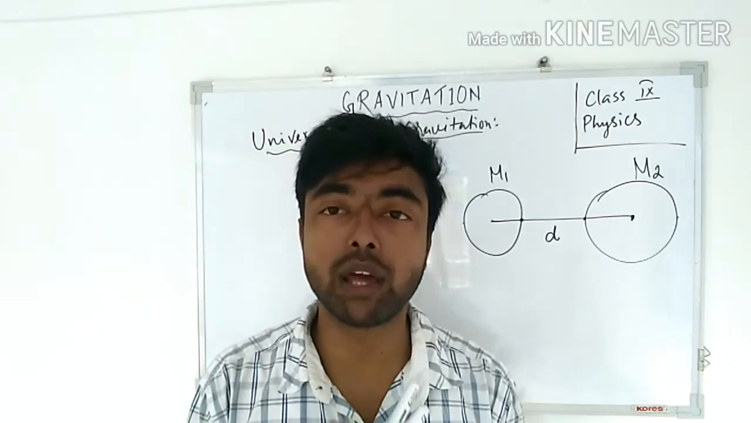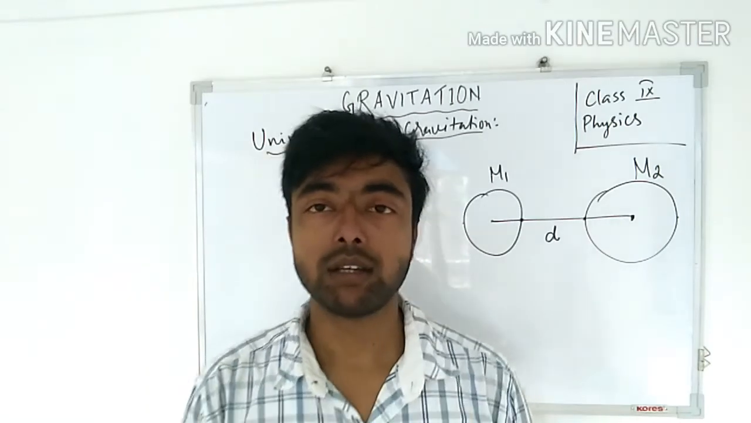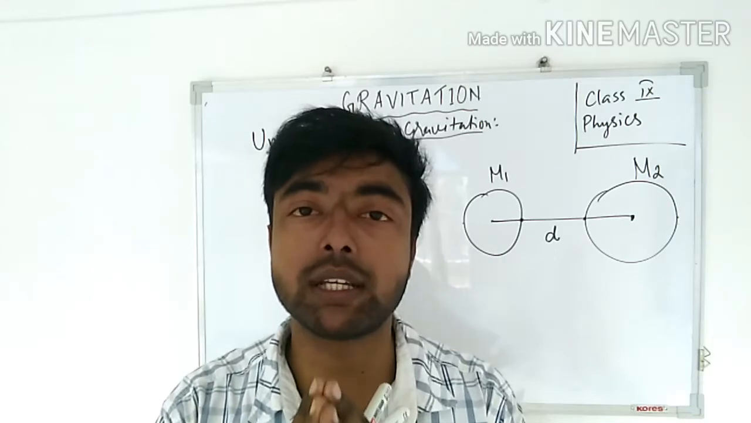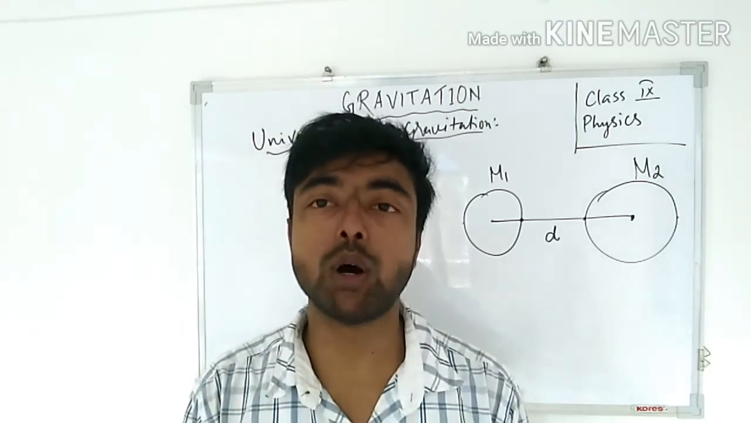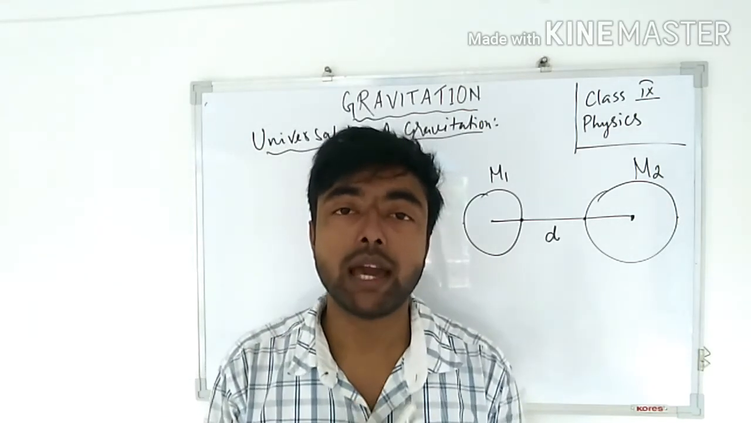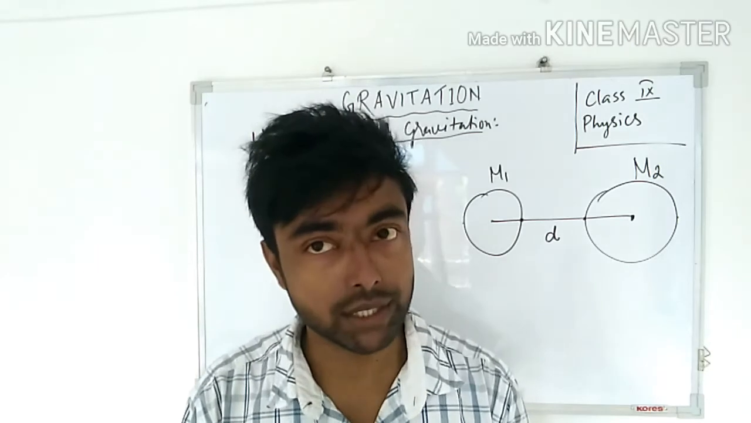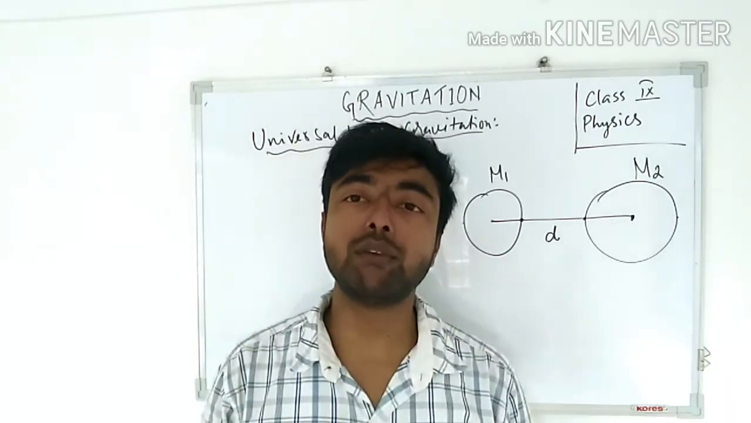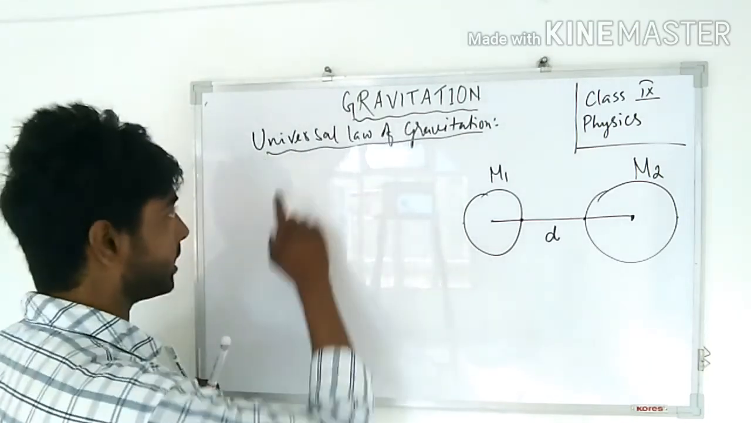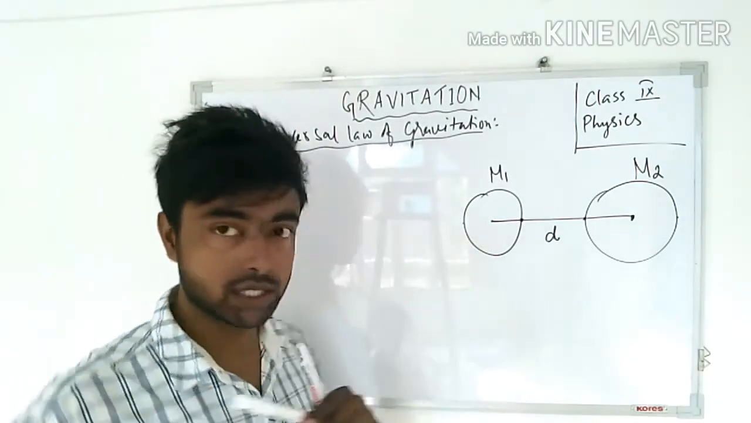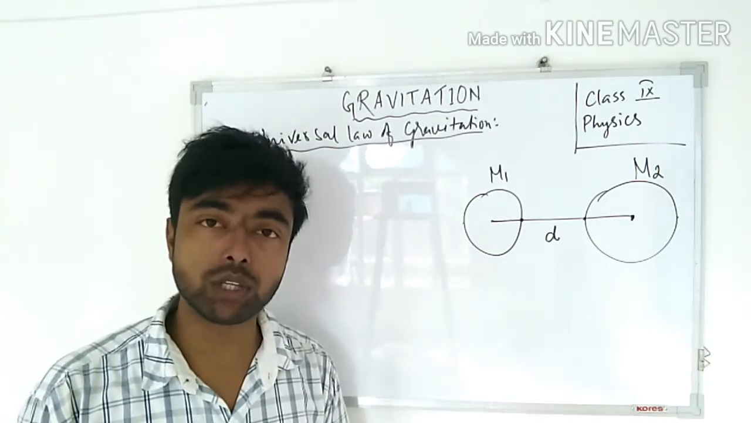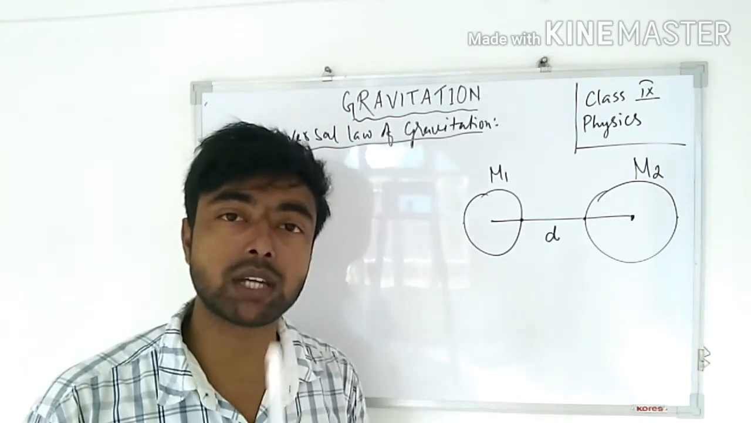Universal law of gravitation states that any two objects in this universe attract each other. Clear? Attract each other. Now, what will be the force? We have to say that the universal law of gravitation states that any two objects in this universe attract each other